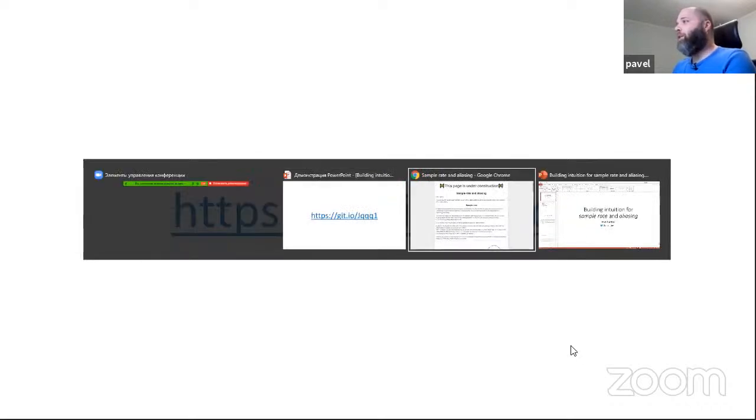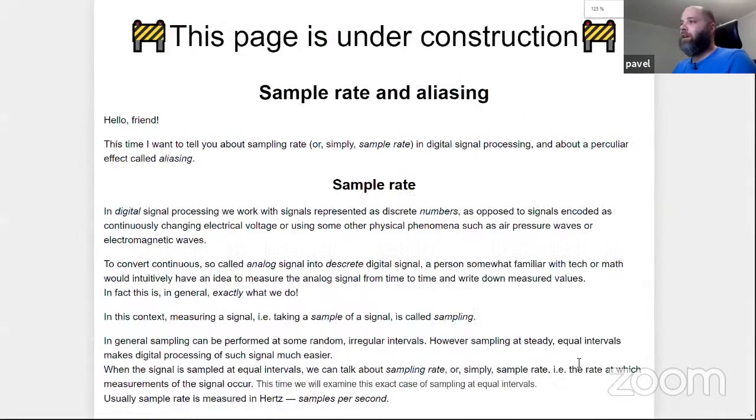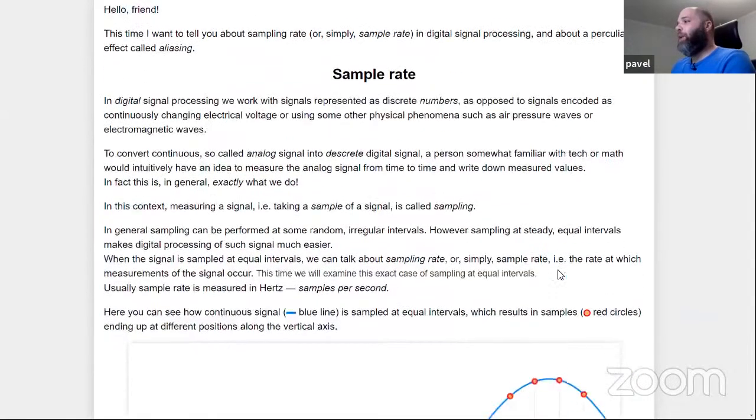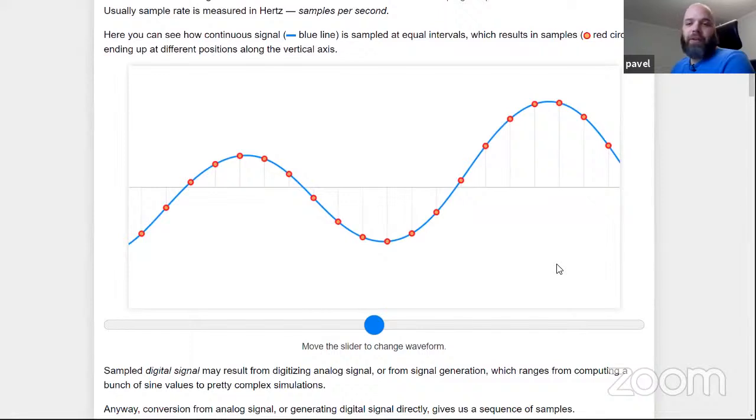And let me go to this page. This is basically the page that you have the link to by now. And we'll talk about sample rate, first of all, and we'll try to internalize and get intuition for the phenomena called aliasing. So sample rate